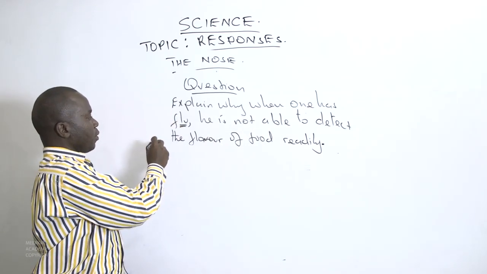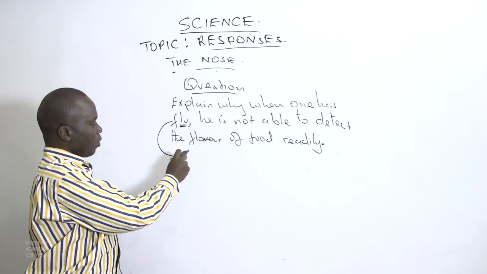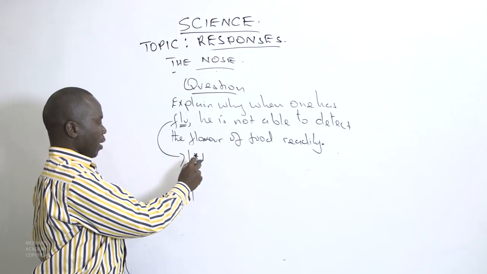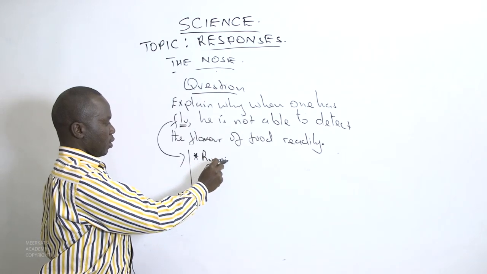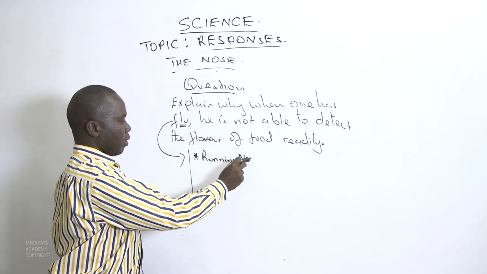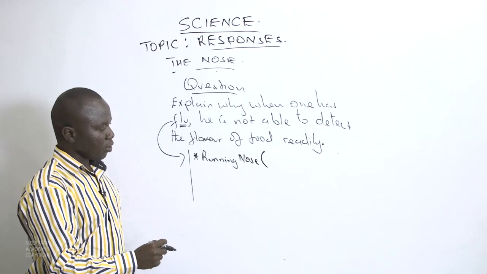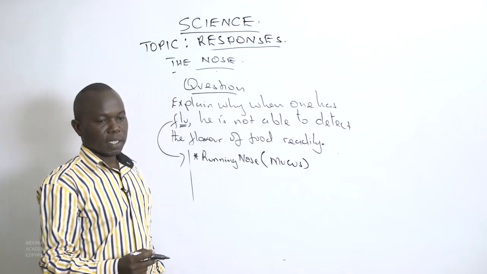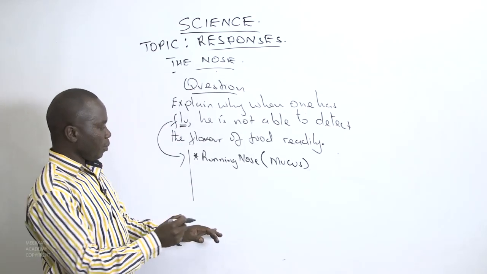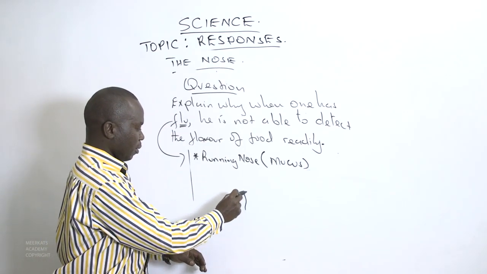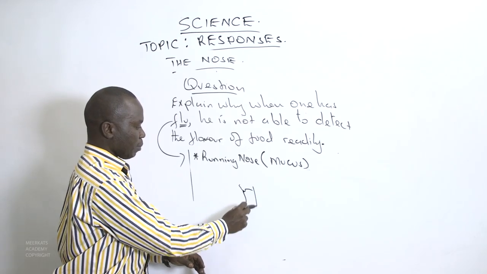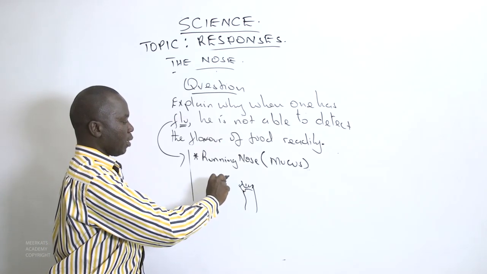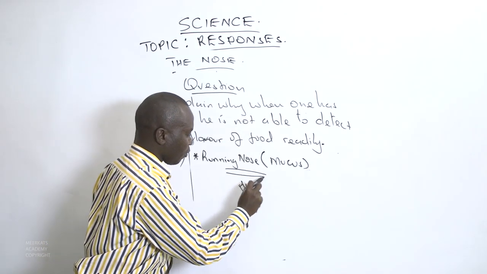So when you have flu, a very common symptom of flu is a running nose. In other words, there'll be a high rate of secretion of mucus. There's a buildup of mucus in the nasal cavity. When there's a buildup of mucus in the nasal cavity, remember, as we have been able to describe the structure of the olfactory system, what will happen? There will be a thick layer of mucus